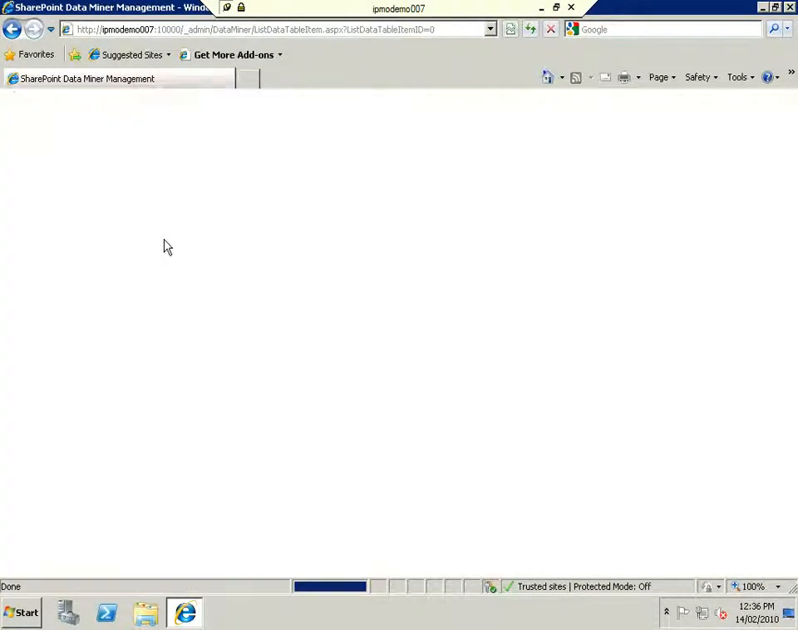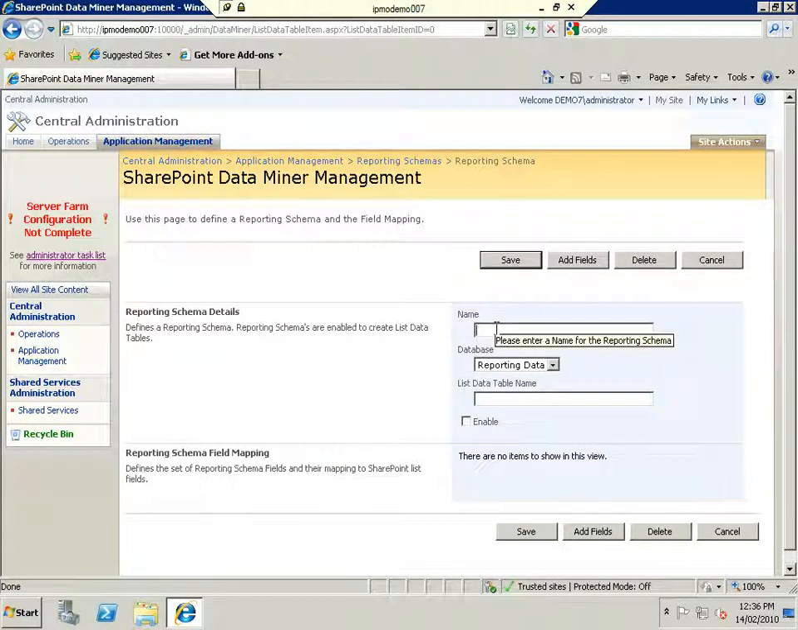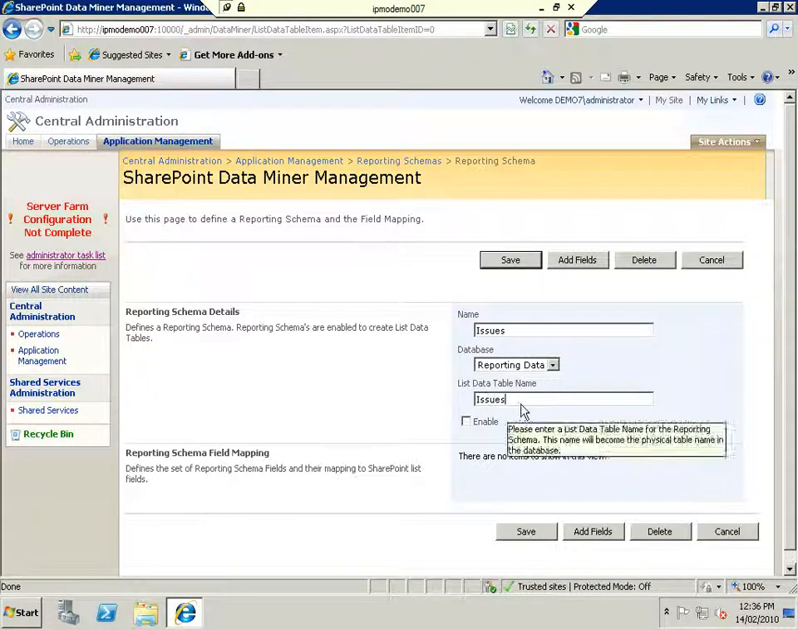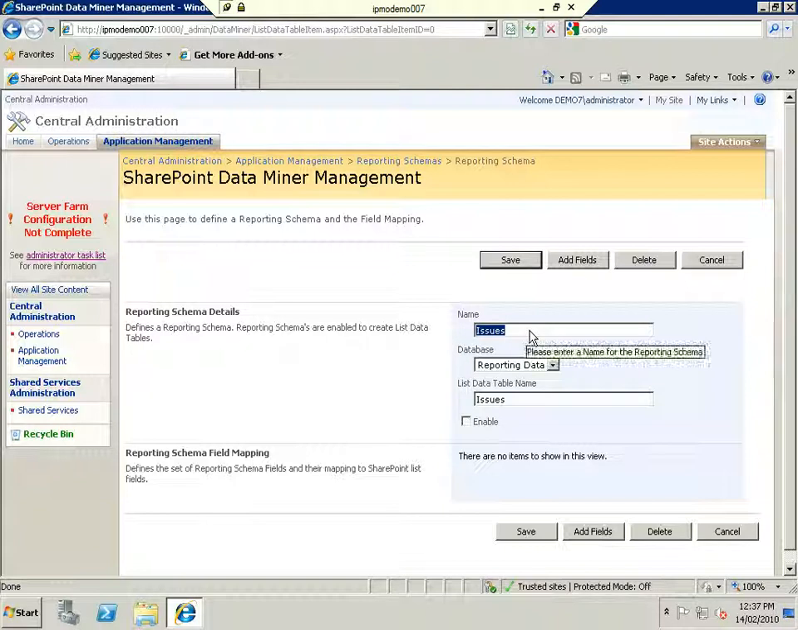So if we start with Add New, and I'll give this a display name of Issues, and we're going to store it in the default reporting data database that we set up in the first video. And I'm going to store this in the reporting data database in a table called Issues. Now this is going to be the physical table name, and this is just the reporting schema's display name in